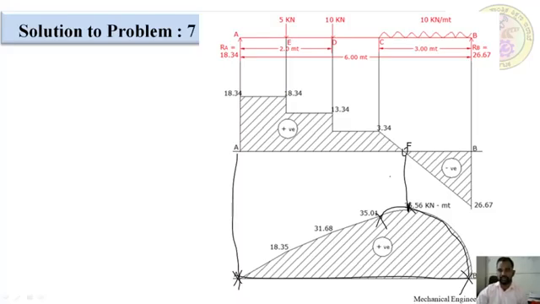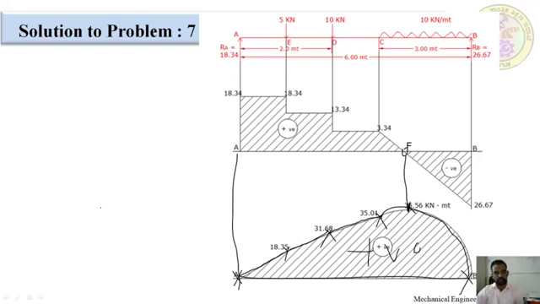After that, after getting 35 points, the next point is D point, where we got 31 below this one. We have to draw it with a straight line. After that, at E point we got 18, we have to mark it and join it with a straight line. After that we will join with the 0 point to 18.35. This completes the bending moment diagram. These values are positive only. This completes problem number 7.